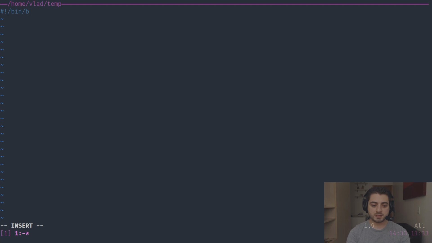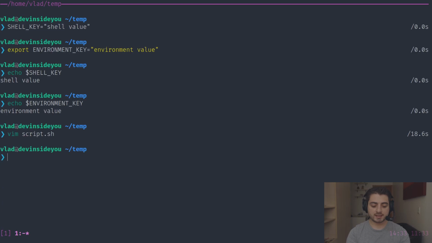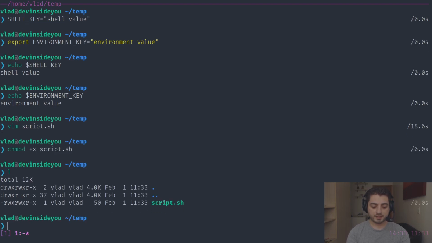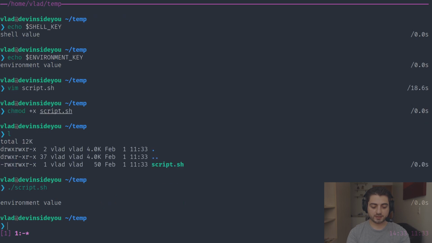So we're going to do /bin/bash, and we're going to do exactly the same thing, right? So we're going to have echo shell key and echo environment key like this. Let's exit. Let's make it executable by doing this. Okay, it is executable. Let's try and run it. And there we go. We see only the environment variable. We don't see the environment value... we don't see the shell value